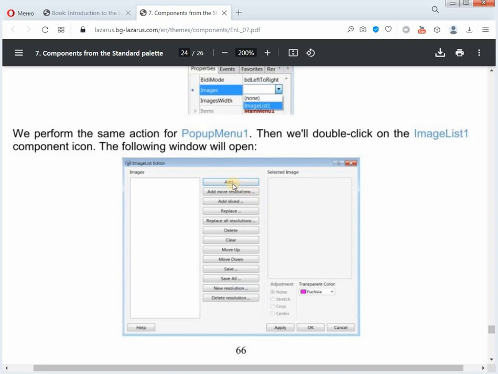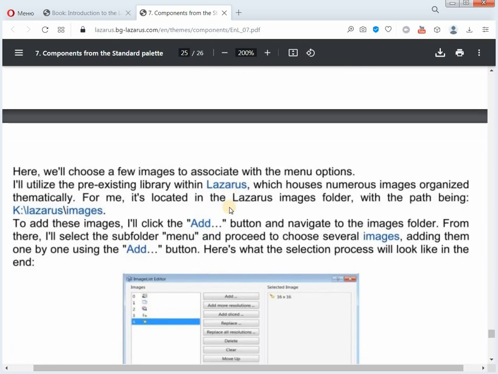Here we will select several images. To correspond to the options in the menu, I will use the ready-made library in the Lazarus IDE, which contains many images. It is located in the Lazarus images folder. The path to it for me is